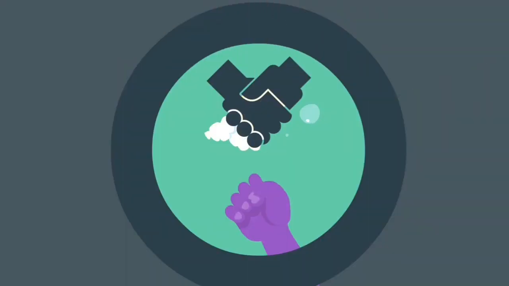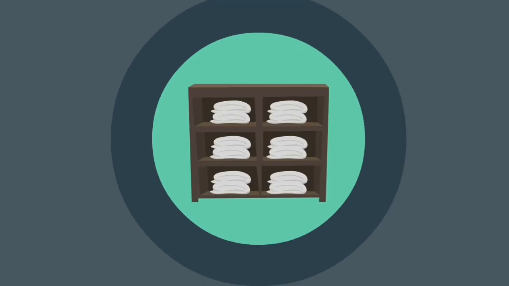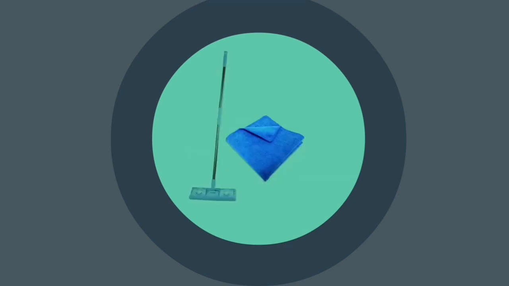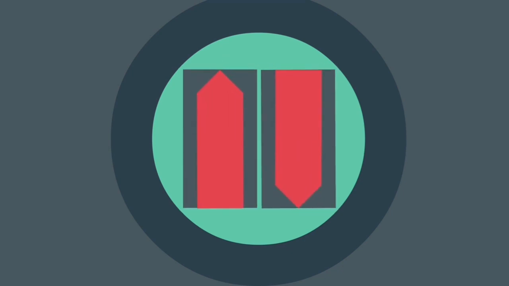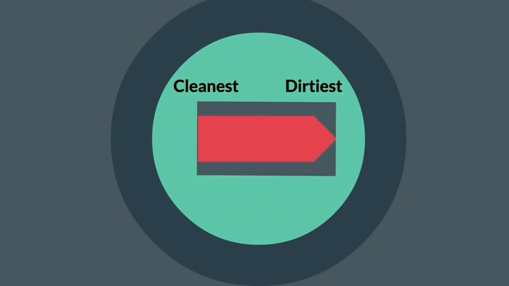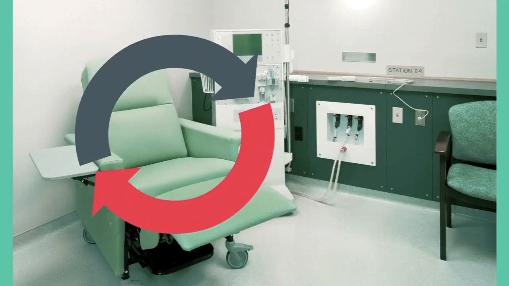Next, perform hand hygiene and apply gloves before cleaning the patient station. Designate sets of cleaning cloths or disposable germicidal wipes for each patient station. Use microfiber cloths and mops when available. When cleaning, clean from highest area to lowest, and from the cleanest areas moving towards the dirtiest. These practices, along with moving in one direction around the dialysis station area as you clean, will help to reduce